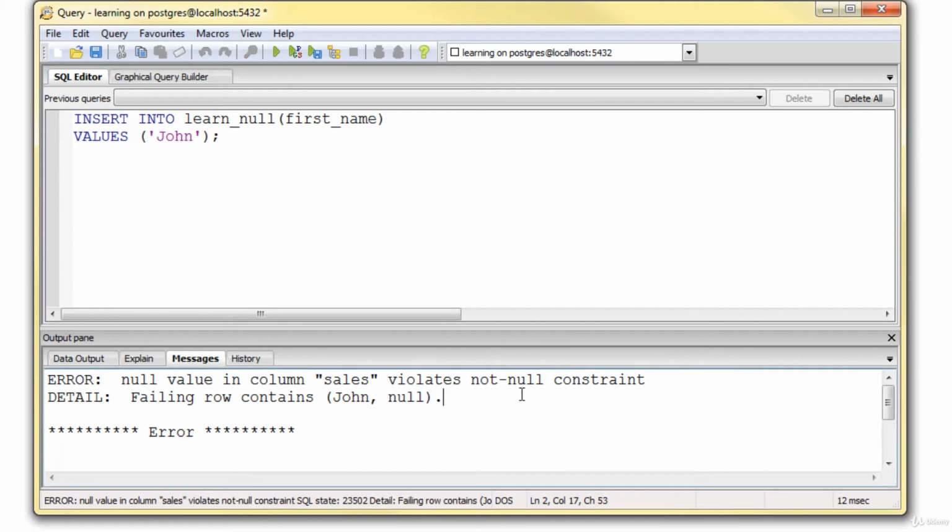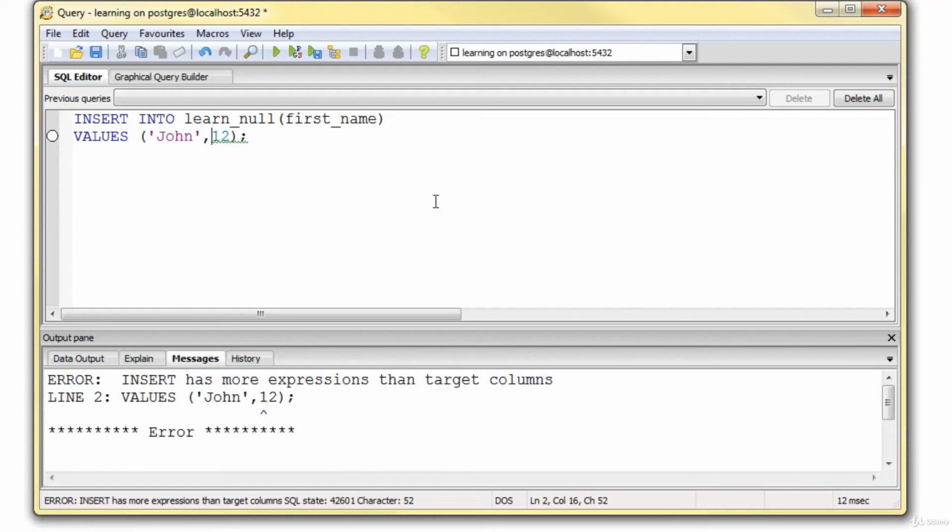So that's how the not null constraint is going to make sure that when you're inserting values into this table as rows, if you have a null value or a missing data point, that not null constraint is going to throw up an error if you ever try to do that. So then we actually put in some sort of integer for his sales number. Let's say he sold 12. And if we run that,